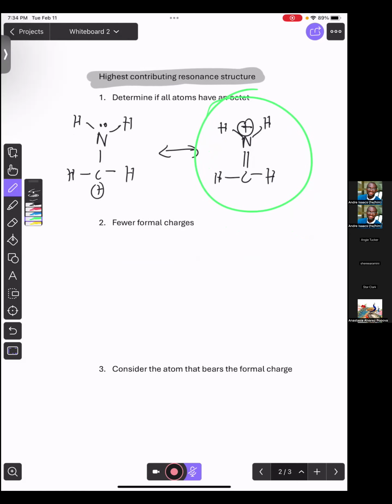Okay, so the next one is, what if you draw 2 molecules now, and both of them have the same, have access to 8. All the atoms have access to 8. How do you distinguish them now? How do you distinguish them? All right, so I'm going to draw you an example where that's the case. So here is a molecule,